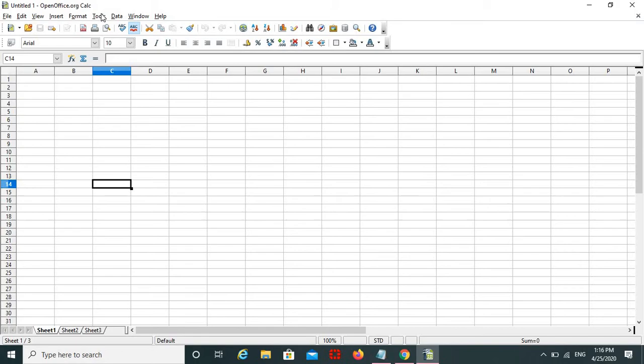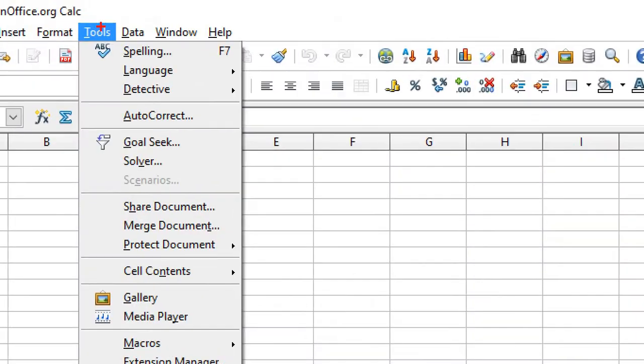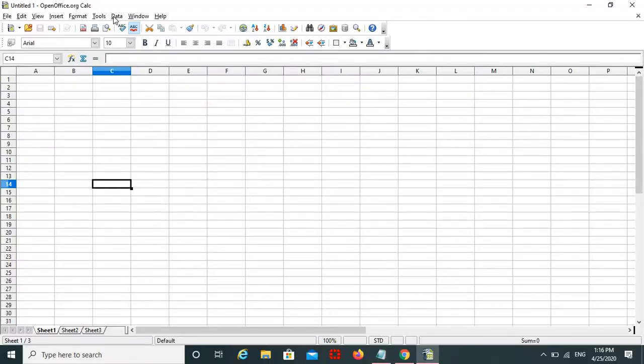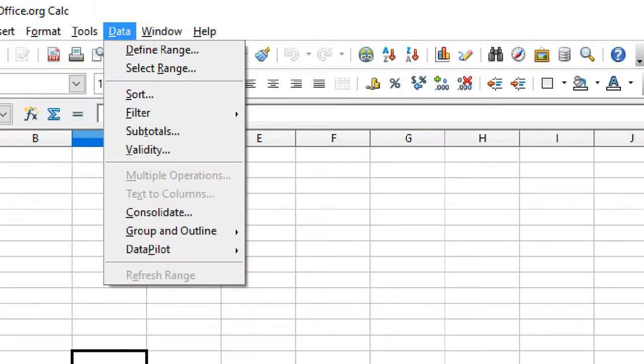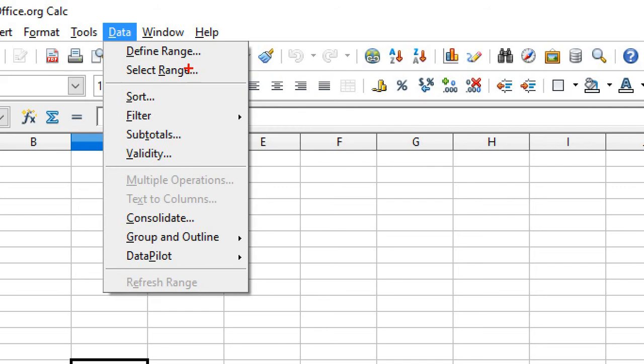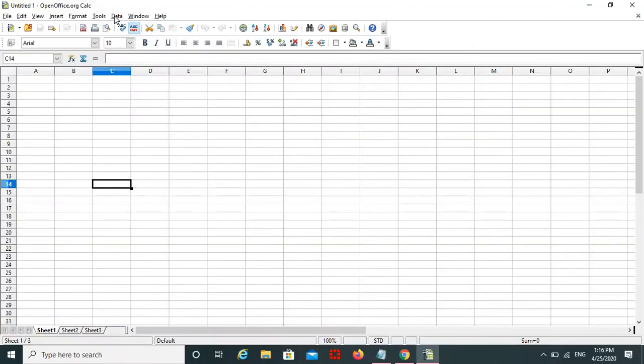See this one, tools. These are the options present: spelling, language, detective. Then data: define range, select range, sort, filter. These are the options present inside data. Okay, these are the menu bar.